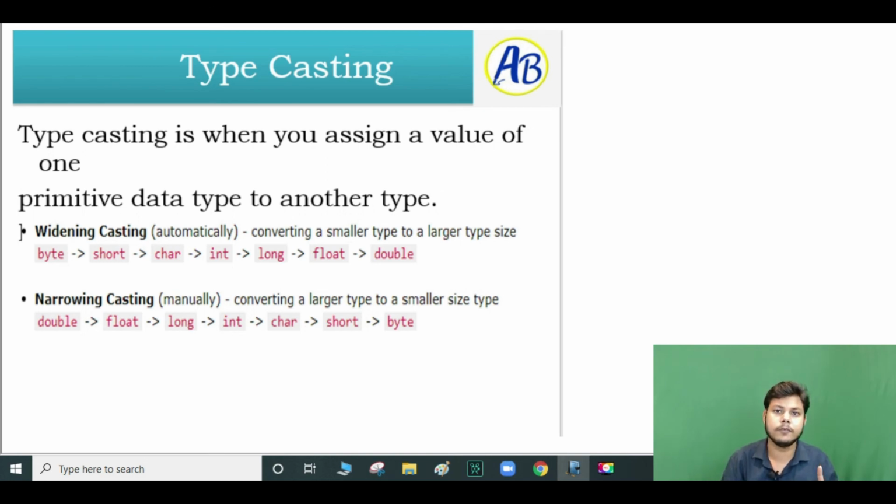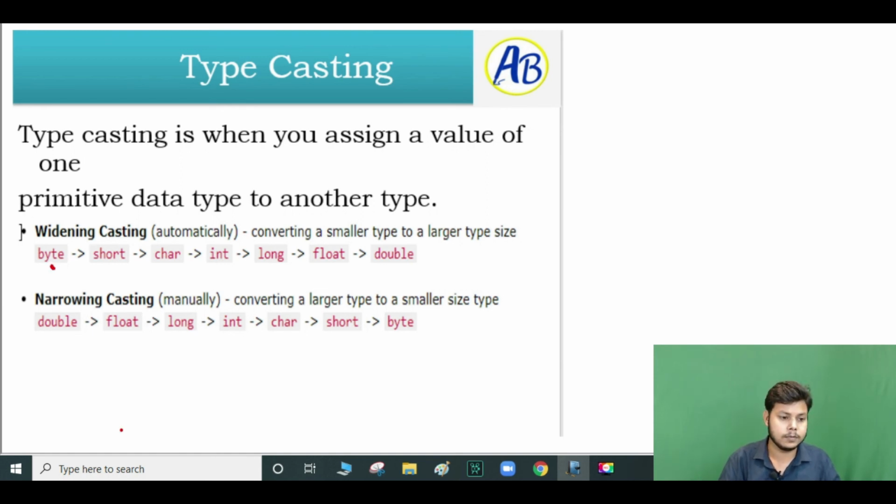So here we have two types of typecasting. One, when we are increasing. Increasing means increasing the size, like byte, short, char, int, long, float, double. We are increasing the size of the data types. And another type, when we are decreasing: we have long initially and we have to convert that into int. That is called narrowing casting. Going from lower to higher happens automatically, but from higher to lower you have to specify something. I will discuss that specifically, to reduce the size of the given variable.